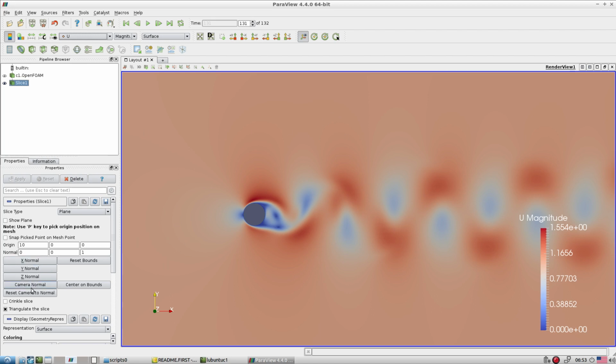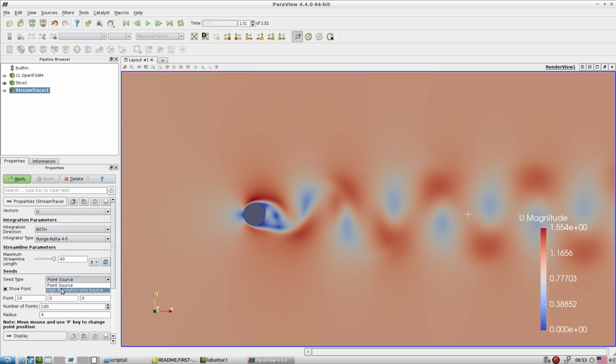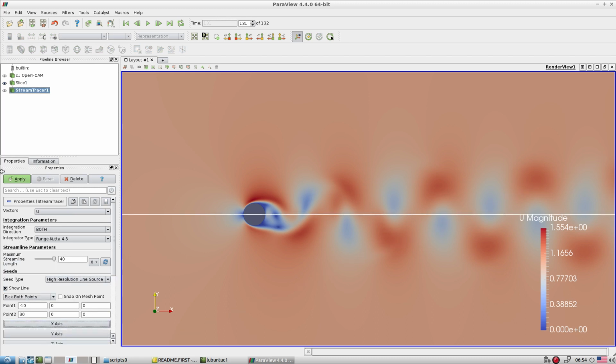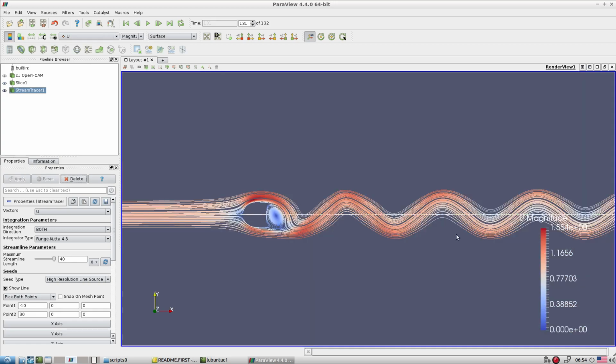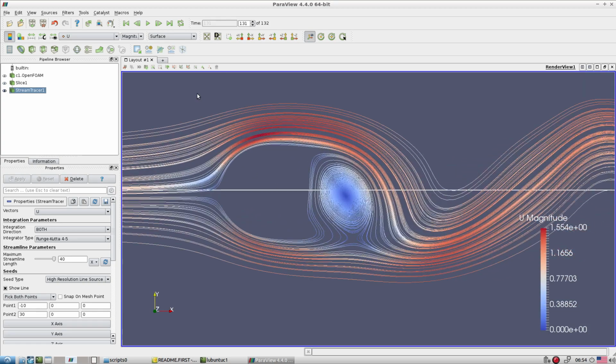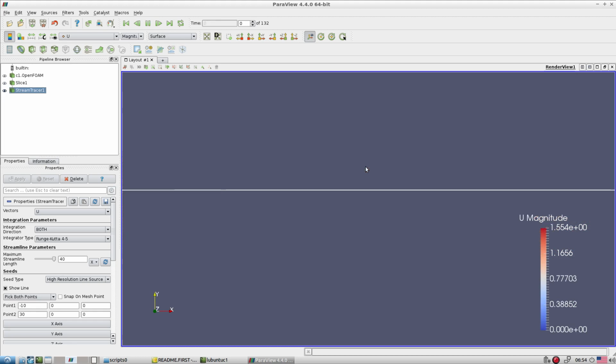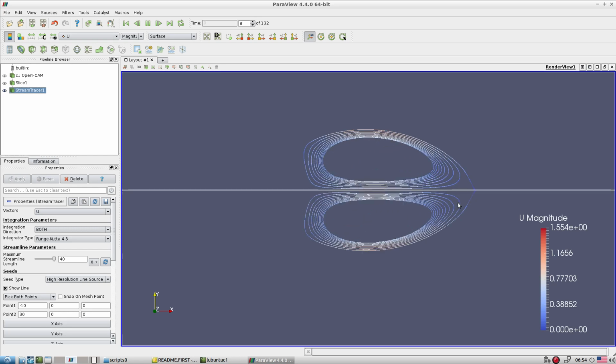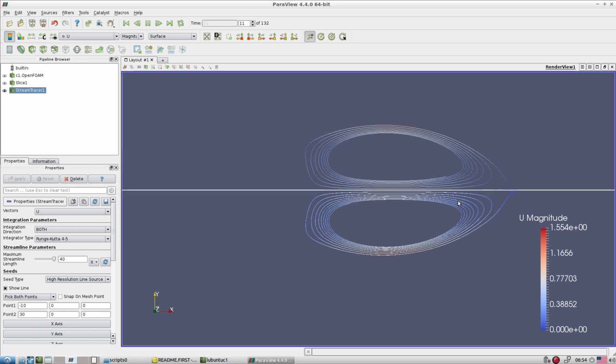Okay, let's create a streamline, how it looks like. Okay, so high source, x-axis. Okay, so this is how the streamline looks like. If we zoom in on this area, you can see very quickly. Okay, so previously this vortex is becoming bigger. Okay, and then it's slowly going to depart. Okay, and when it starts departing, slowly we can see